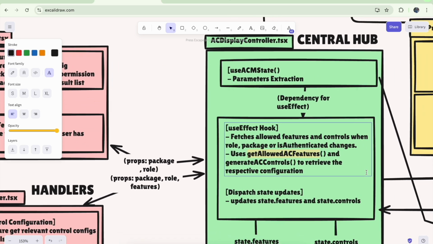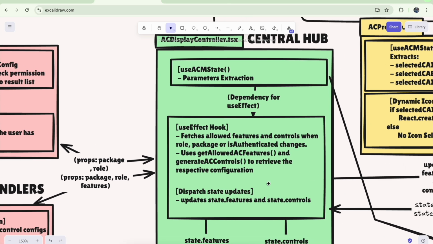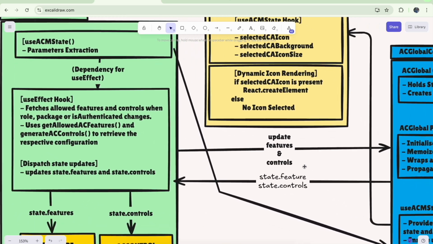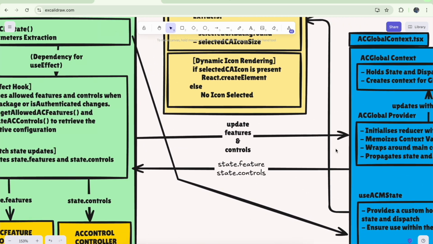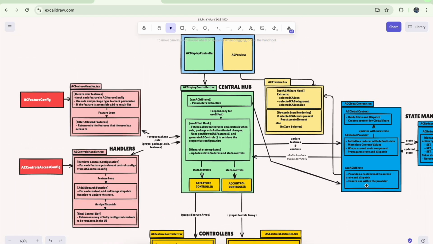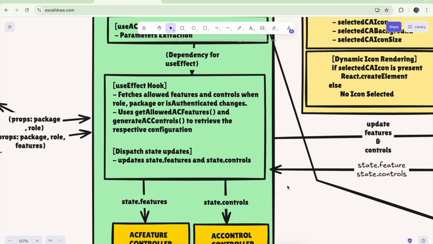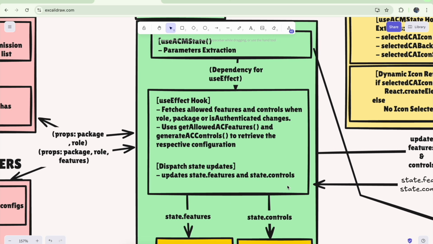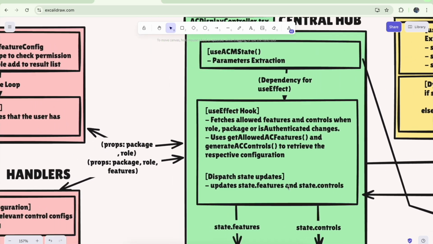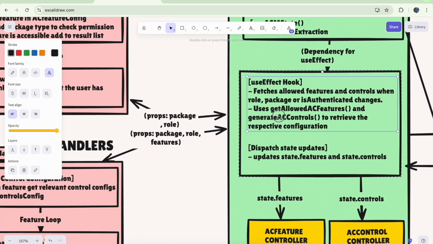As I told, whatever data we get here will be sent to state management. Basically, we are dispatching an action, in terms of the React concepts. Coming to this generate AC controls, this is pretty similar to what get allowed AC features is doing, but